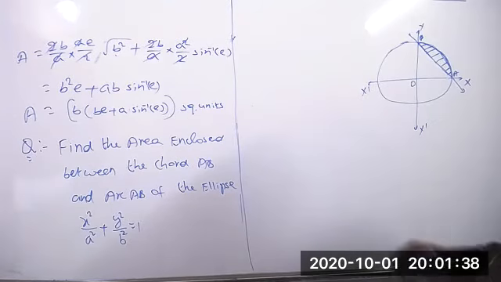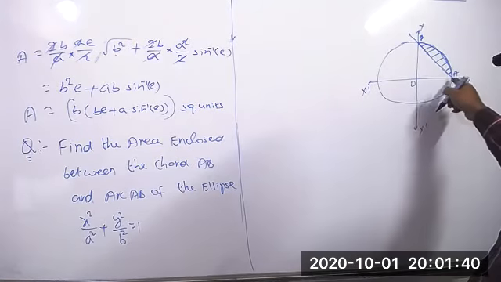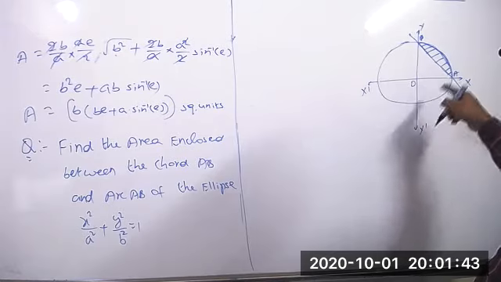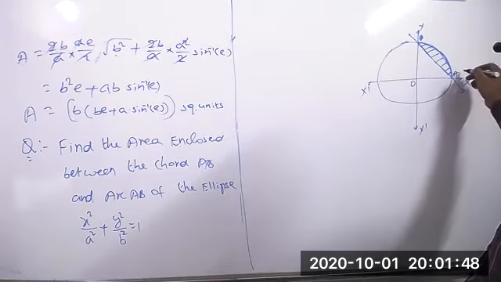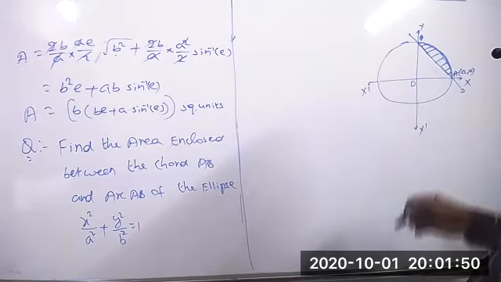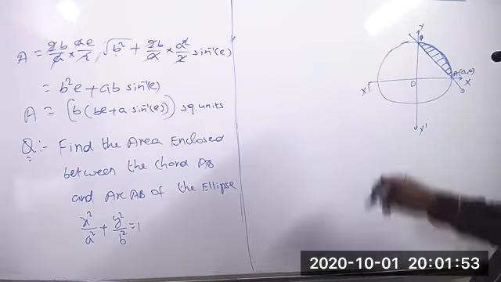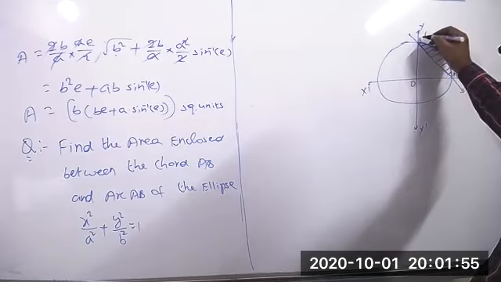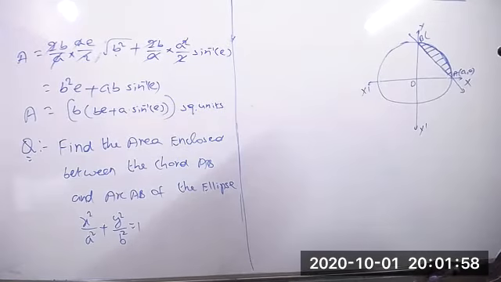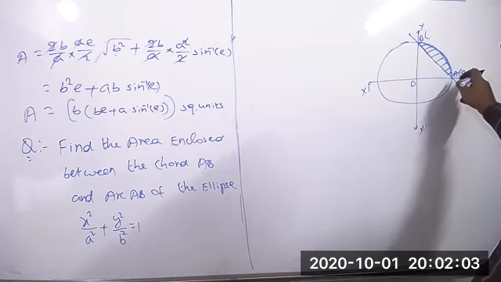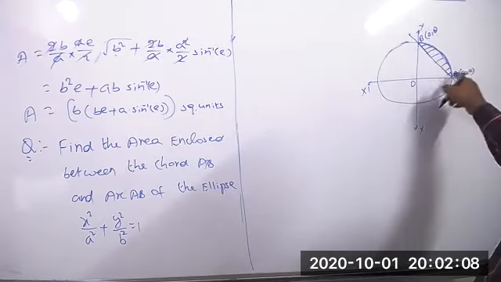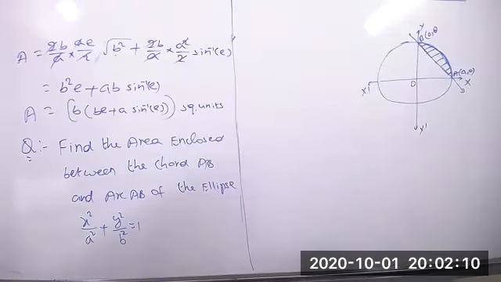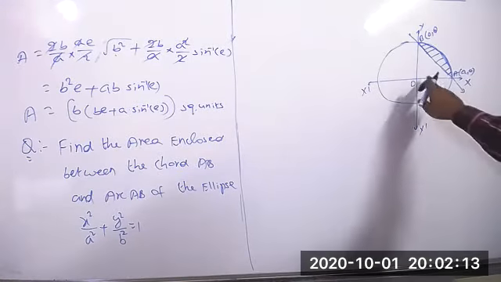But here also we are doing the same thing. And what are the intervals here? 0 to a. They mentioned very clearly that the point A is (a, 0). That was my question: if the chord is parallel to the x-axis, then what will be the limit on the x-axis? Like for this question, it's 0 to a. Based on that you can take care now. Here what is this point? 0 comma b. The limits will be 0 to a.